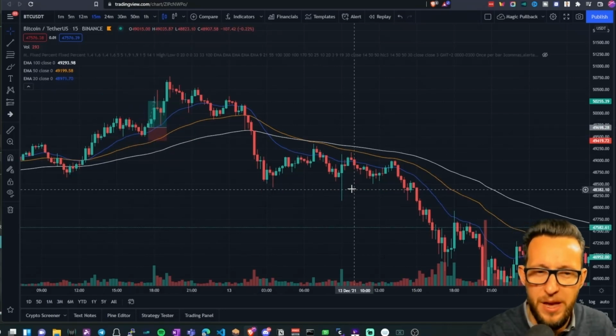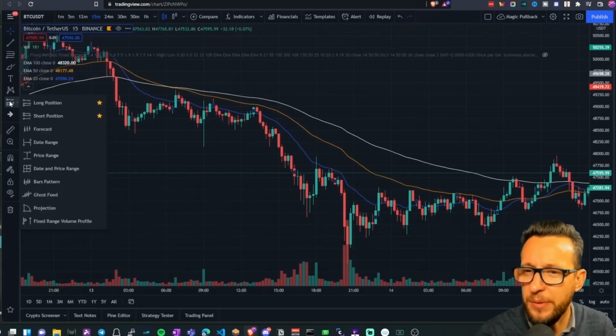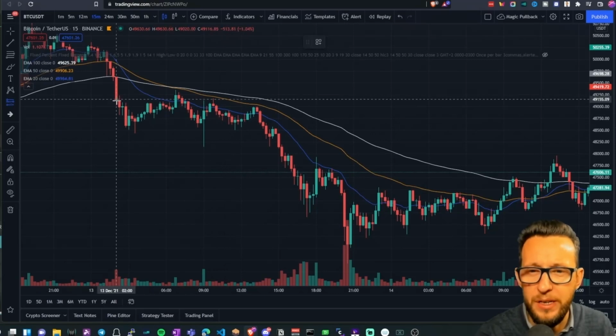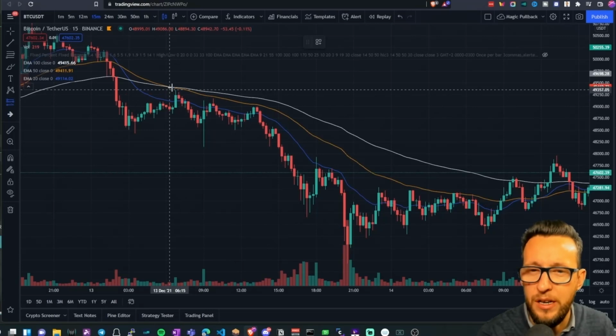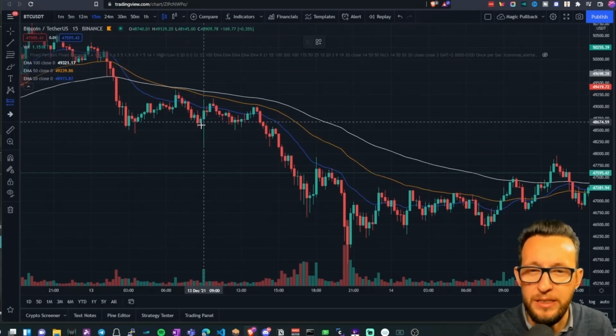This is called a pullback. Okay, so in the short, exactly the other way around, so we're going to be adding a short position. As you can see here, we're coming all the way down here, we come back up and we touch that blue line, but the orange line is not actually above the white line here, so we'd wait until just